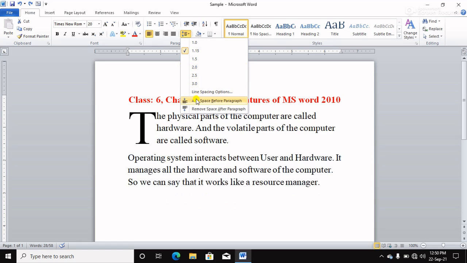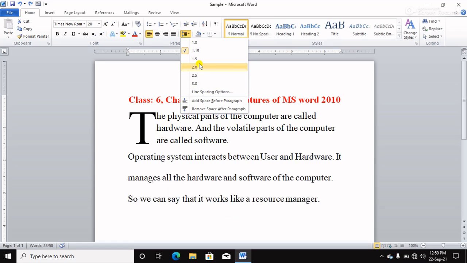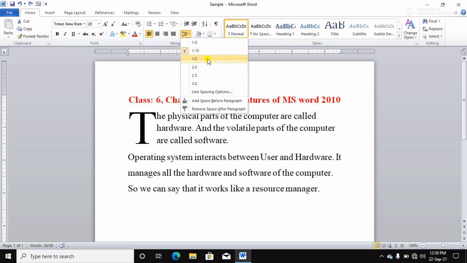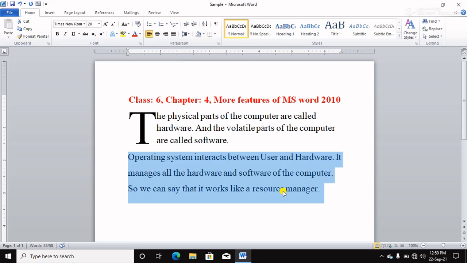It will give space between the lines or between the paragraphs. You can give according to your need. This is called line spacing for formatting the text in a paragraph. So like that you can perform this.